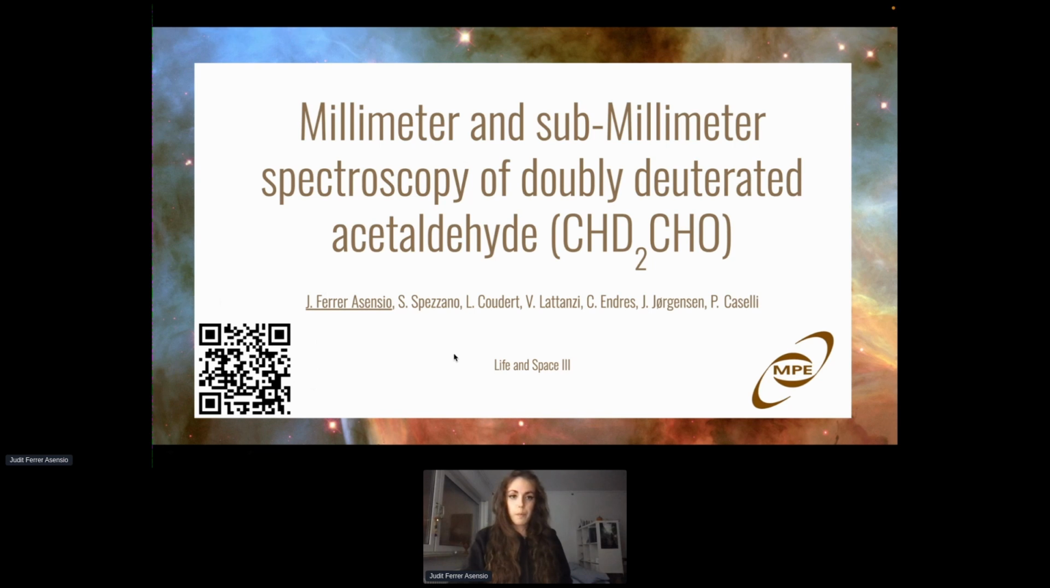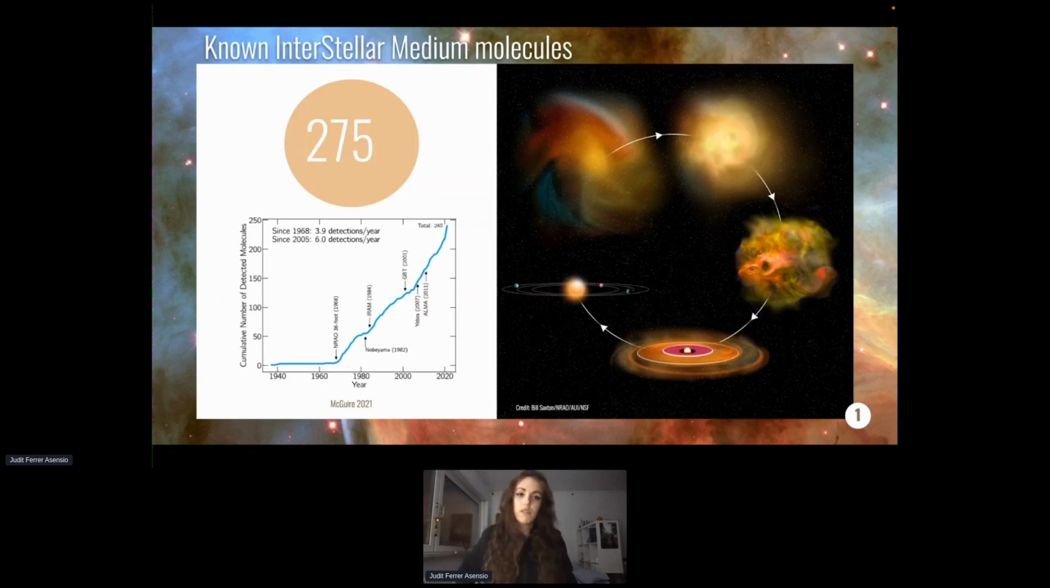So let's go. So far, around 275 molecular species have been detected towards the interstellar medium. Although, as we have an average detection of 6 molecules per year, this number may have already increased. As you can see, we have this plot by McGuire 2021, where we can see the cumulative number of detected molecules over the years. These molecules have been detected on lots of sources that are in different stages of the